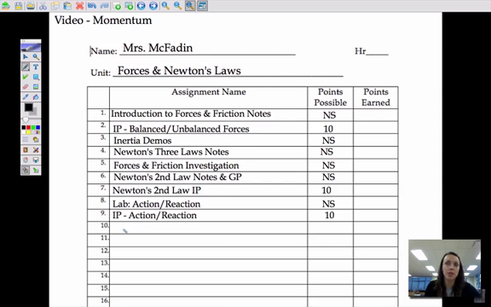Tonight's video is going to focus on our third learning target for this unit. It's about momentum, and it relates to our Newton's second law as well as our unit on motion. On your gold unit organizer in slot 10, you need to write in momentum,